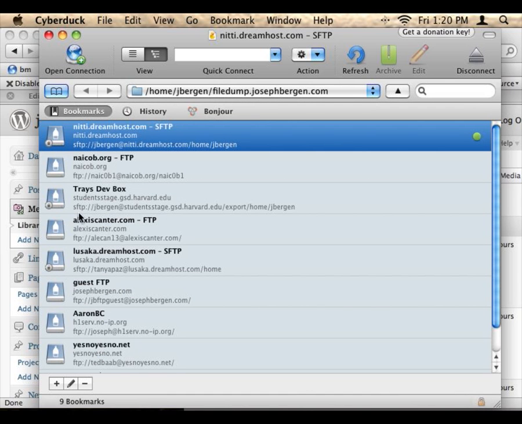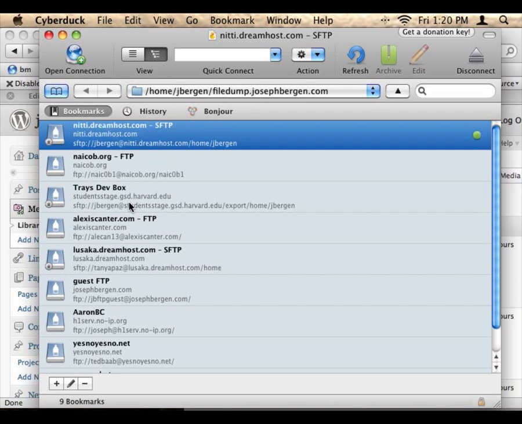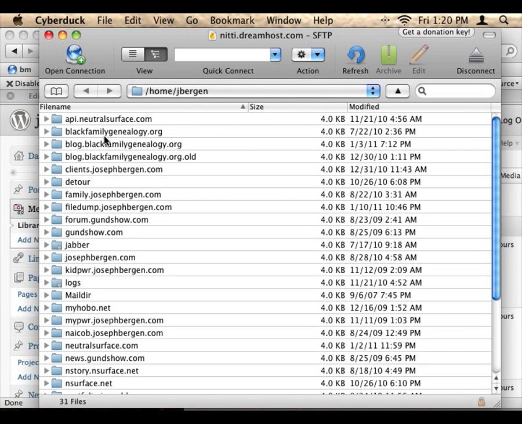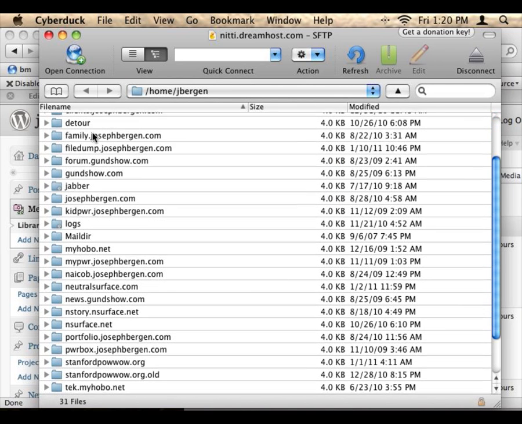I have a set of bookmarks. These are all different websites that I have access to, and this is mine. So when I click on this bookmark, I've entered in all the correct information, my server information, my username and password, which is all stored in that bookmark. And then it opens up just this file view,